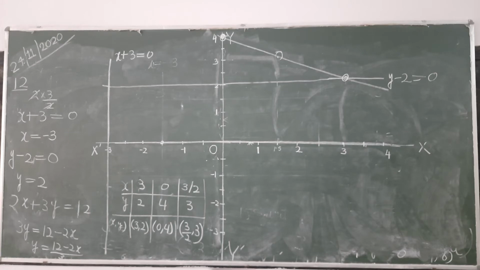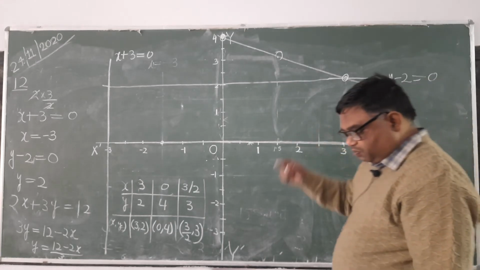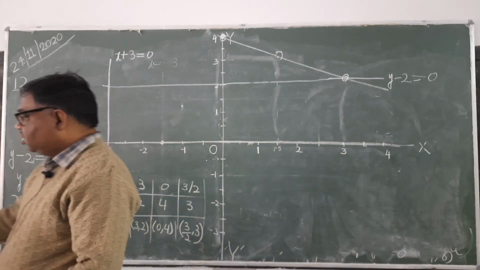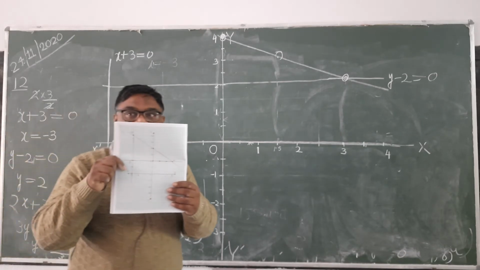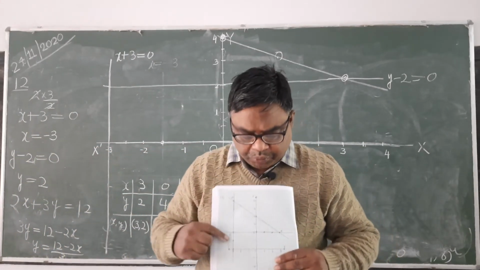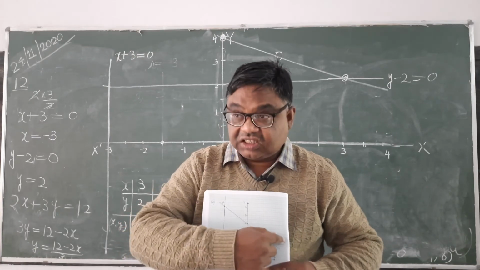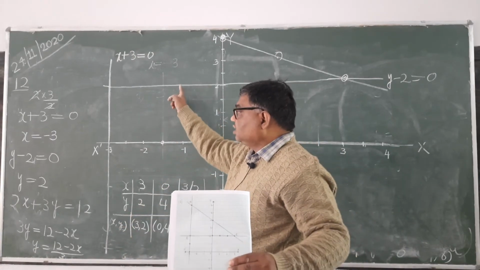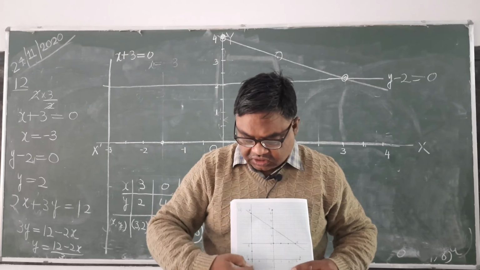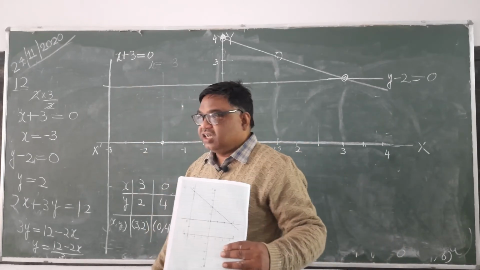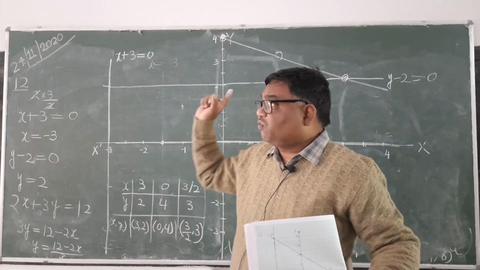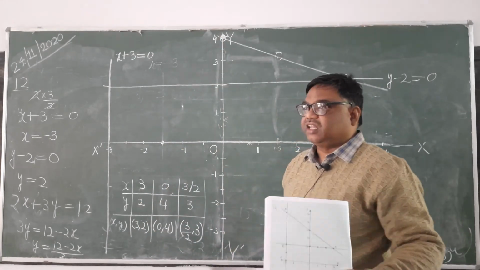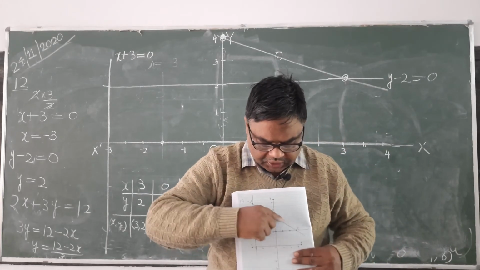Has anyone completed it? Because here on the board it will go outside the board. So see here, all of you see. You will produce one line is this. This is the one line, this line. It's clear? One line is this, which is this line. And third line is this slanting line. So here when you will produce, it will go outside the board. You produce here. It's clear?